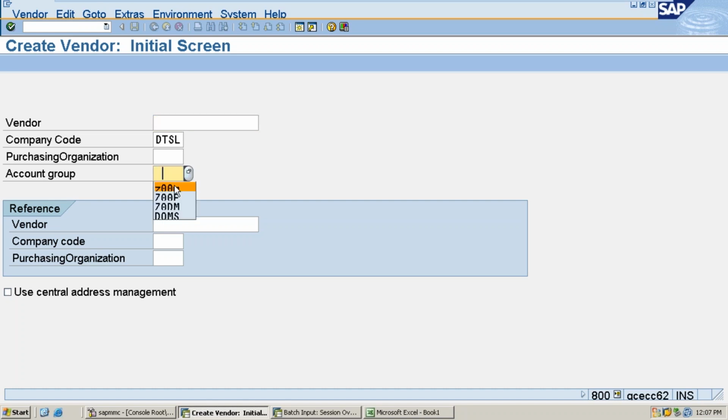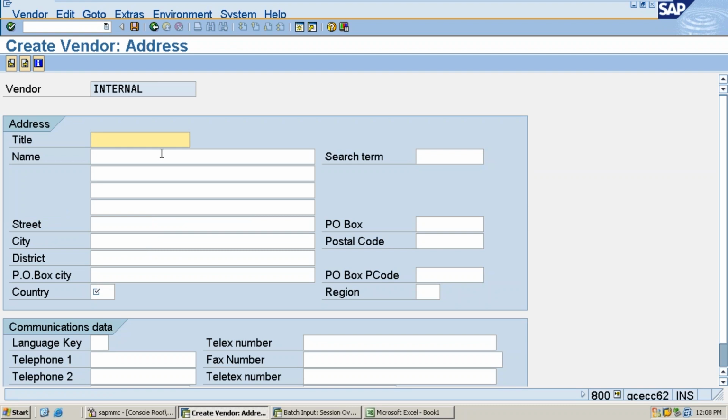Simply specify here your vendor master account group. This is my account group. You know very well how to create it. Go as it is, how you create generally. Press enter. If you are creating with purchasing information, enter the purchasing organization also. But you don't know all the purchasing organizations at this moment, so leave it. For example title, company, if you want to specify company, all this you can specify, others leave it.